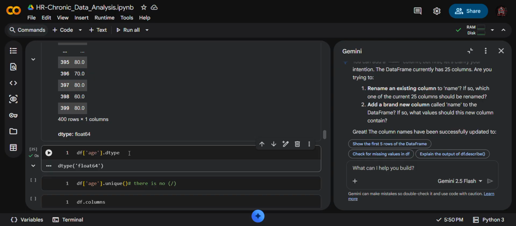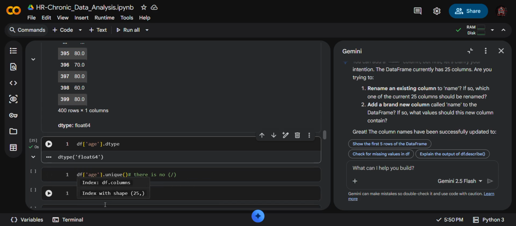It's up to you whether you check or not, but as a professional tip we can use this command every time, for age, for bp, for any other thing. If you are using age, then use every command at every step. Like for age, we use dtype, we use columns, we use unique in every step.